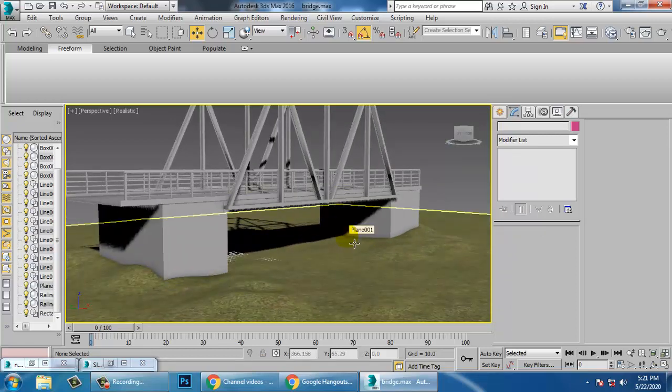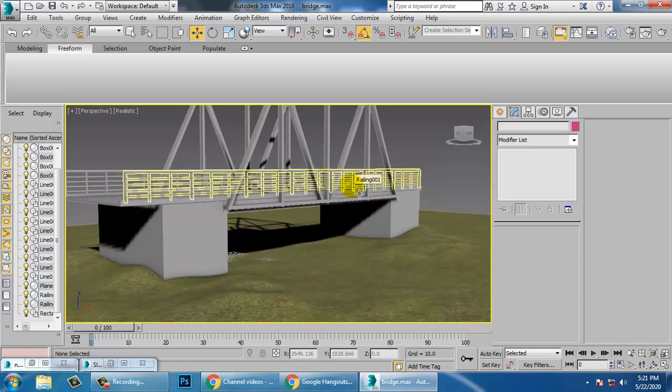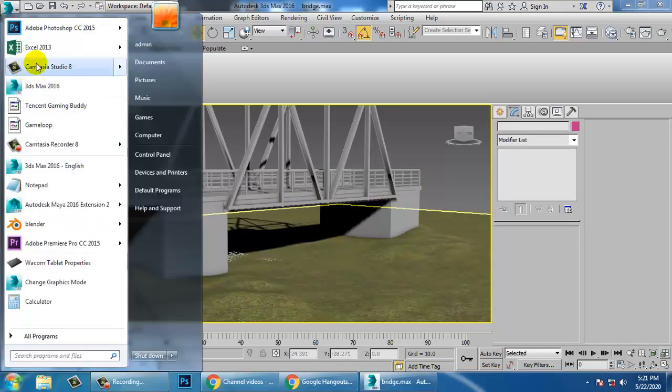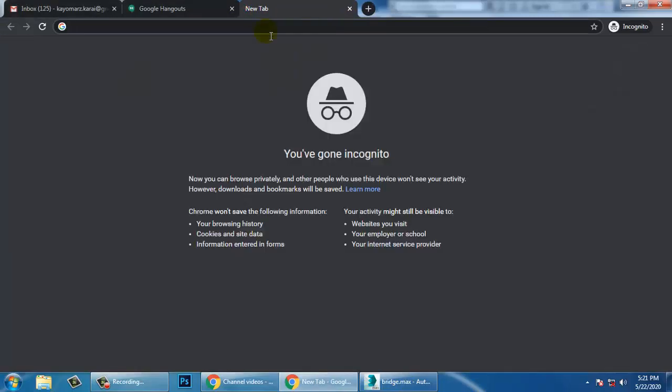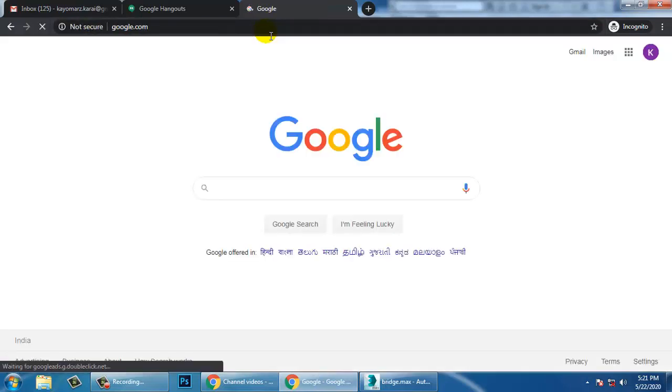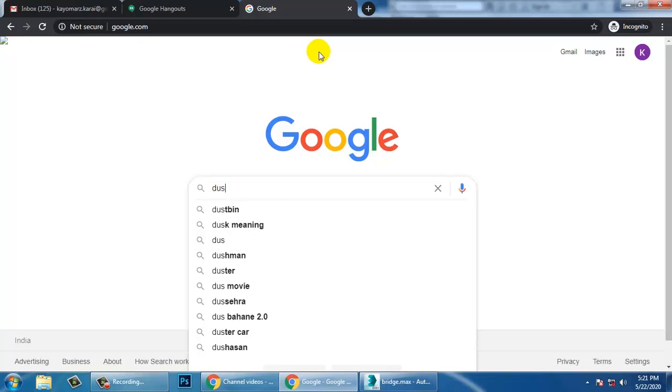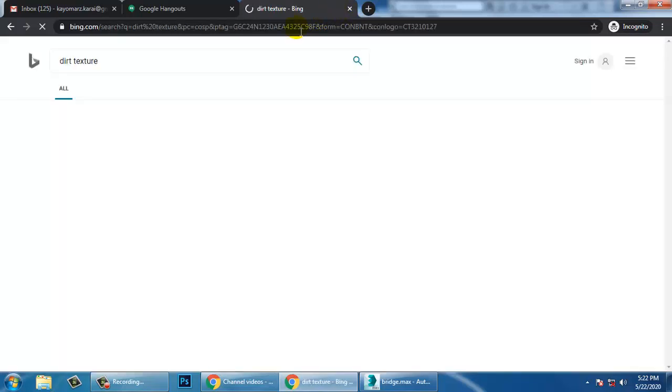If you want my texture to look like a mixture of two textures, what I'll be doing over here is going into Google and taking a dust or dirt texture, or you can take any of the textures over here.